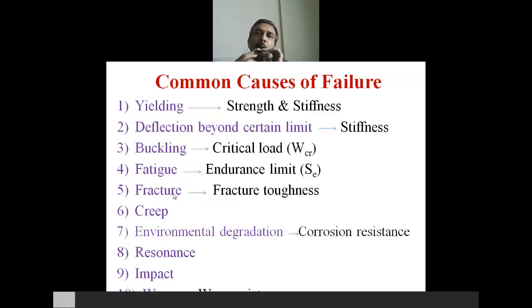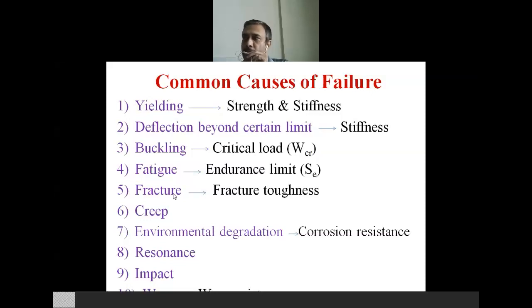So again, fracture is a typical kind of failure, as buckling is a typical kind of failure, where you don't get it in each and every case. Similarly, fracture is a typical kind of failure. You won't get that in each and every component. Only if that component has cracks or pits, and there is a probability of pits leading into cracks or cracks further growing under the application of load, then that will lead to a fracture failure. And to make a component safe against fracture failure, you have to take care of fracture toughness.